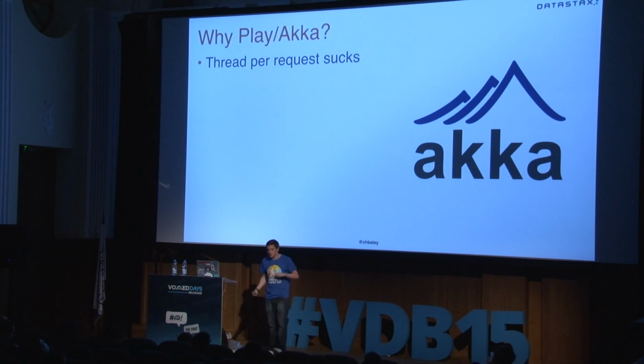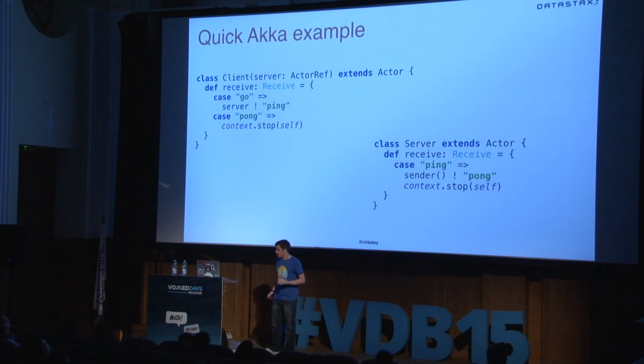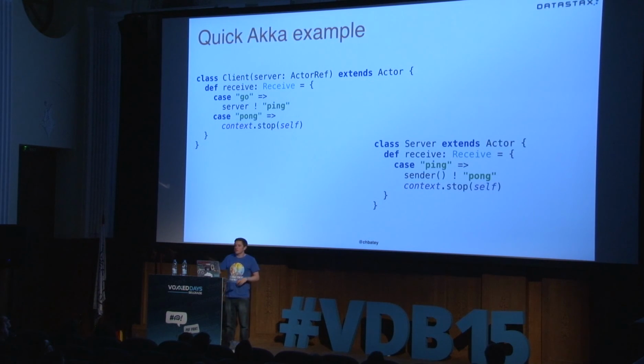So Akka-based programming basically says, I've got some classes, I've got some actors, I'm going to send messages between them, and they're going to be asynchronous. If you want to see what that looks like, it's a bit like this. So these are 2 actors, and this is what the Java one would be like, except it would be bigger. So essentially, we can receive a message. Now, the reason it looks so ugly in Java is because it doesn't have pattern matching.